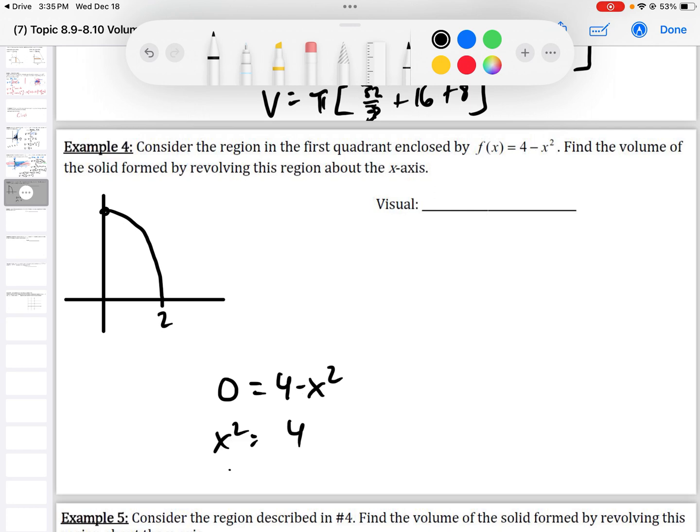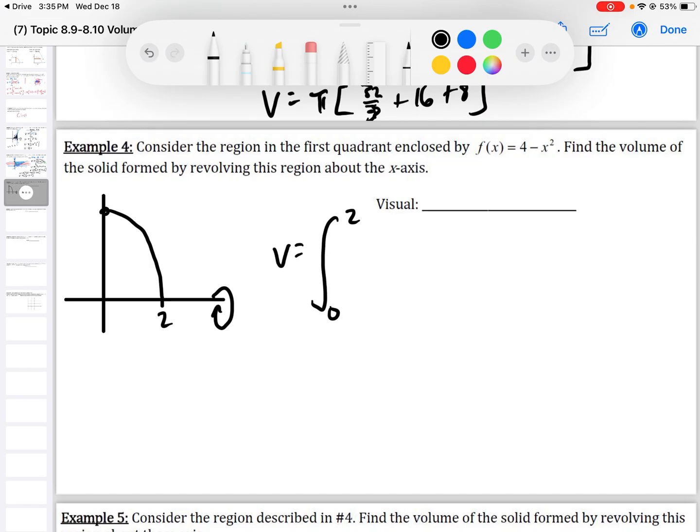So this would be 2. The x number is 2. I'm revolving it around the x-axis, so I'm going to get my limits of integration from the x-axis. So it'd be from 0 to 2. My cross sections are going to be looking like this, but it's going to be full shapes, right? It's going to go all the way down here, and if I picture that three-dimensional, that is going to look